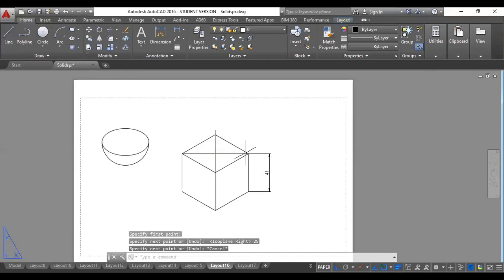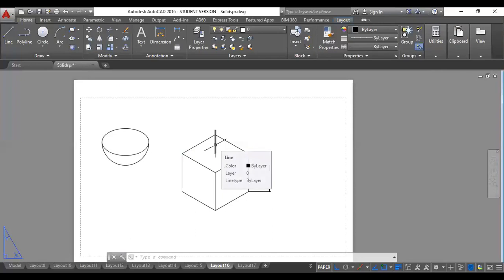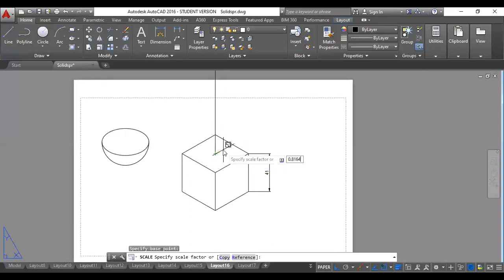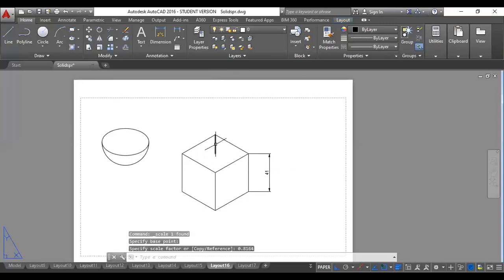Once this is done, I'll just delete these construction lines, not required. So this is the axis of the hemisphere, but remember, this is the true length. I need to reduce it to isoscale before I bring this hemisphere and place it on top of this. That is very important, because when this object is tilted, even the axis of the hemisphere is also going to get reduced. Only the bottom curve will remain to its true length. So select this, use the scale command, from the bottom, reduce it to 0.8164, enter. So this is reduced to isoscale now.